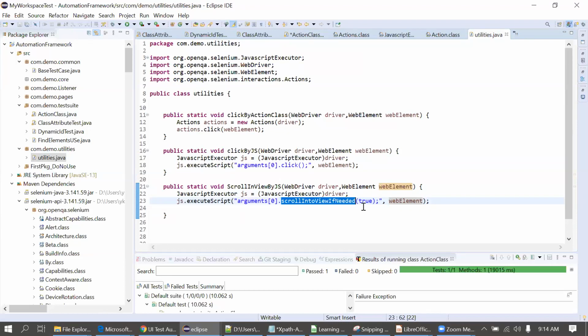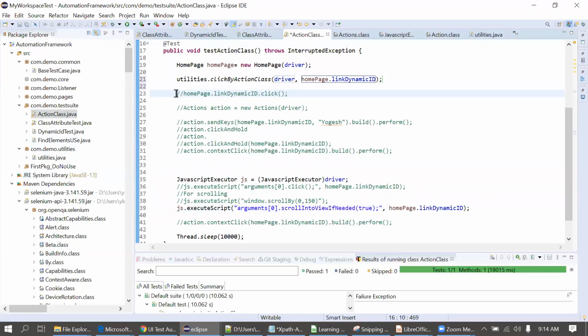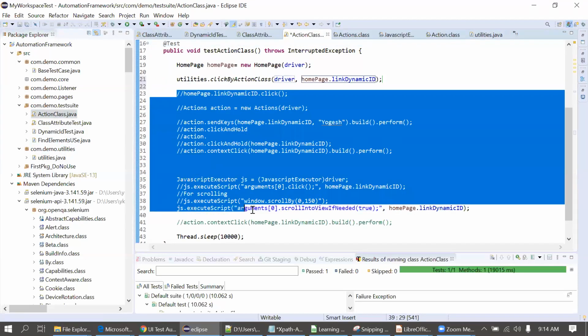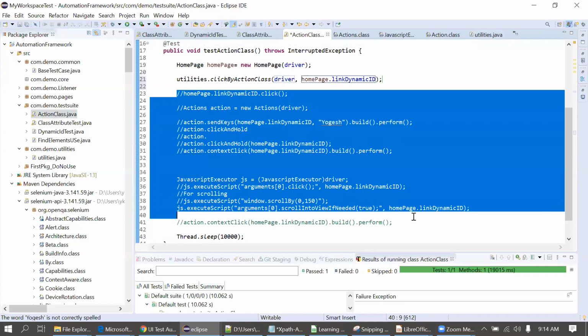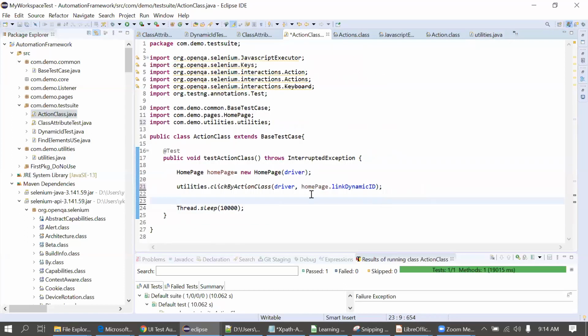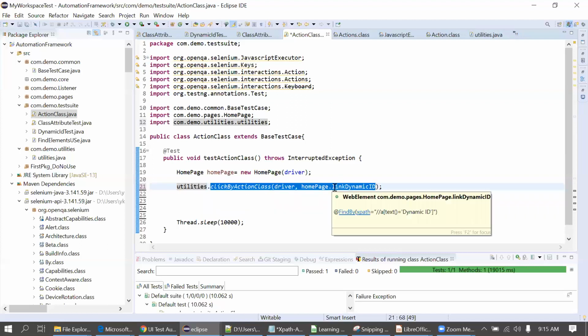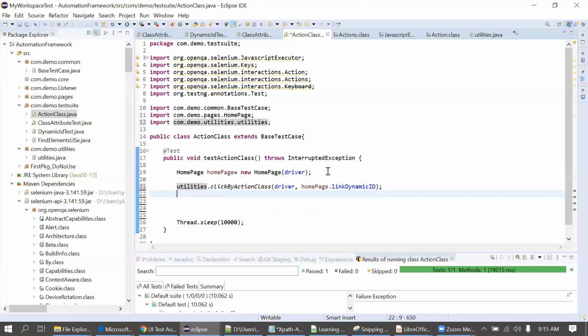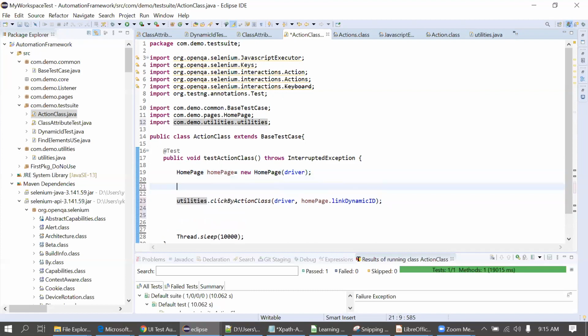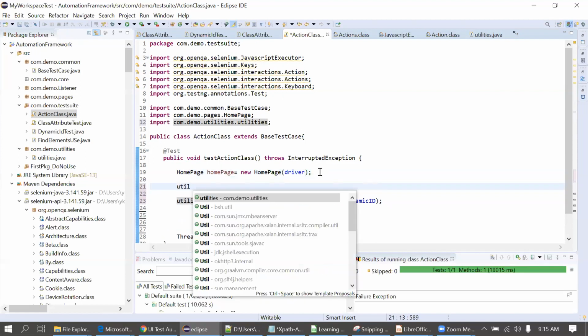So here we created a script, but how do we execute it in our test class? Now I'm deleting this code because I have copied all the code into the base utilities class. Now you can see I have used the click action by using this. Suppose I have to scroll and then click, then I will simply use utilities, it is also scroll.